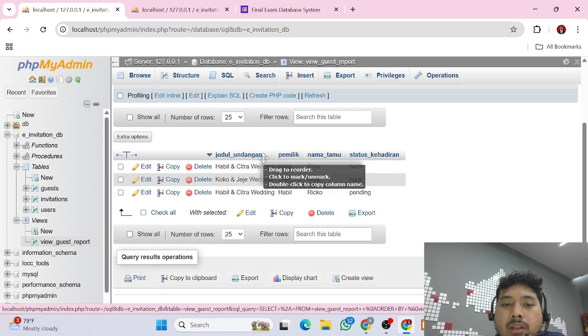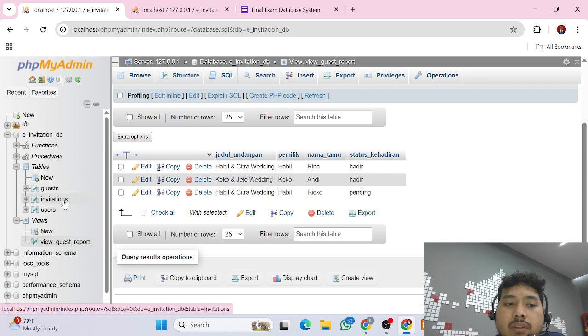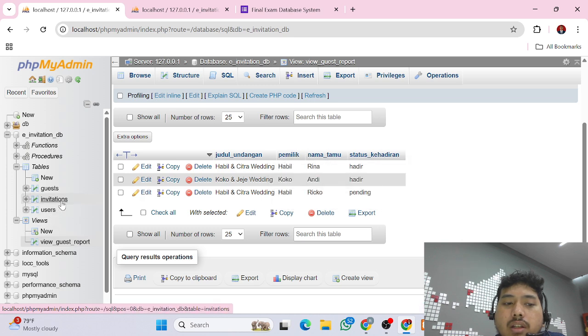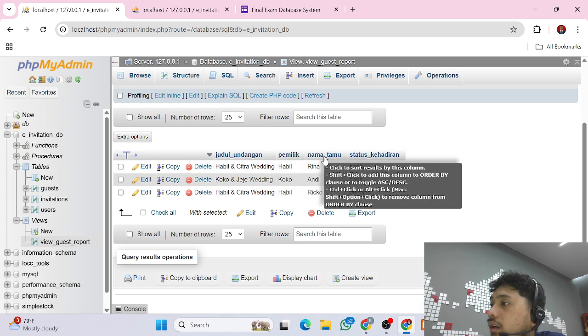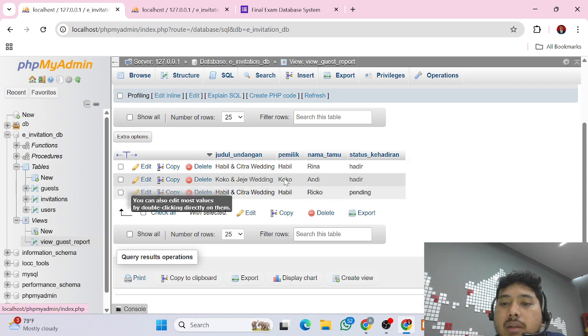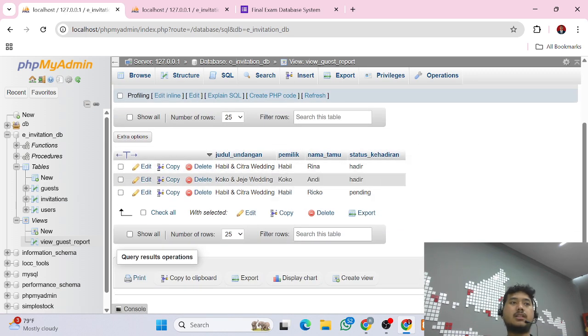It has judul undangan or invitation title from the invitation table, and then it has pemilik or owner from the invitation tables too, I think. And then it has nama tamu from the guest table, and then status kehadiran from the guest table too. Okay, next we will make the